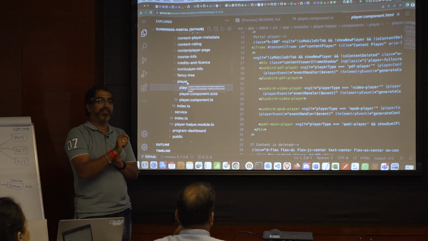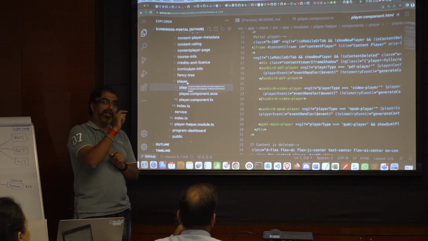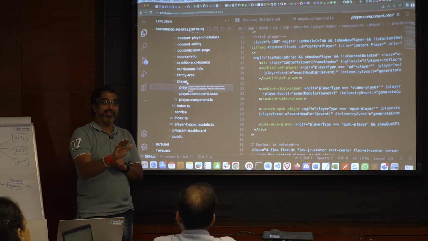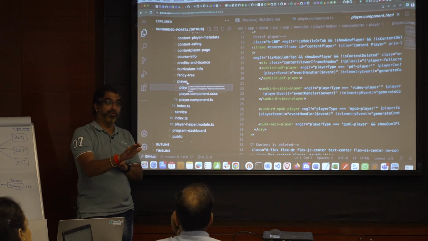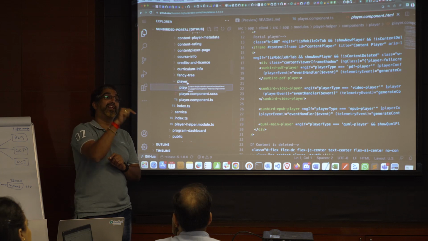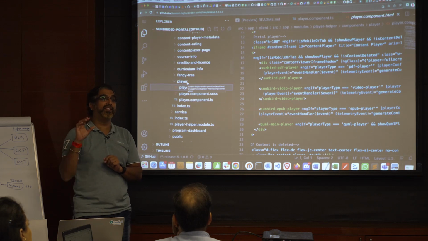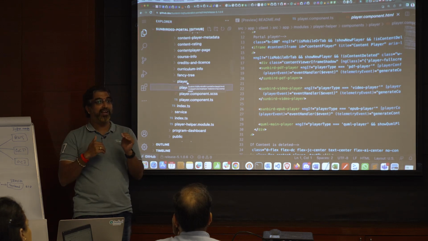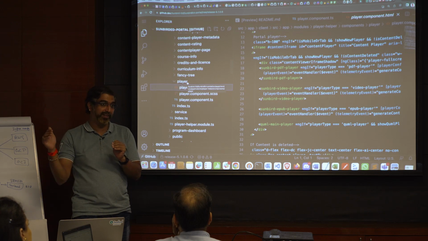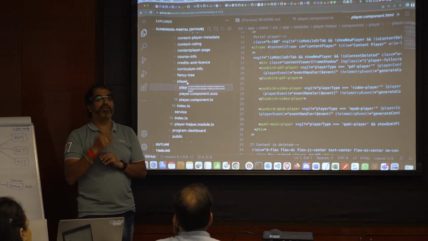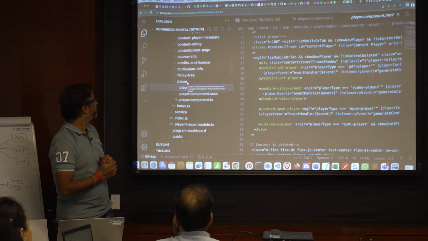the telemetry will be generated. Let's assume you click somewhere in the player, a telemetry will be generated. No data is captured which is critical to you. Data is captured that the user has clicked somewhere, the user has consumed this. None of the user's data is captured. Only the data which is required to understand what this user did. All those details will be captured and sent to our upstreams.